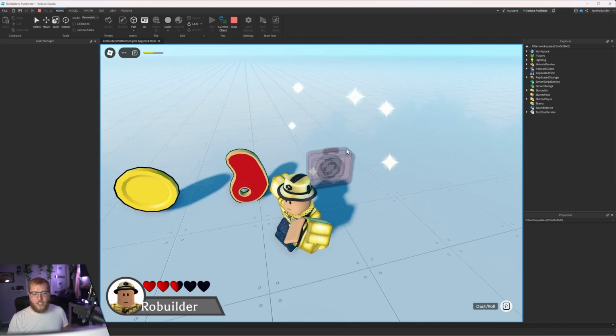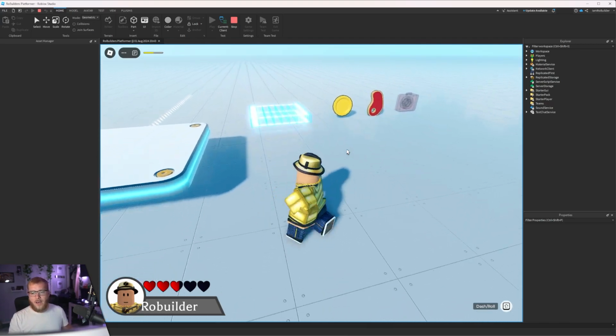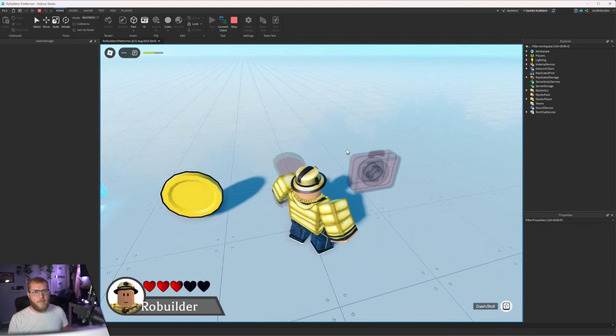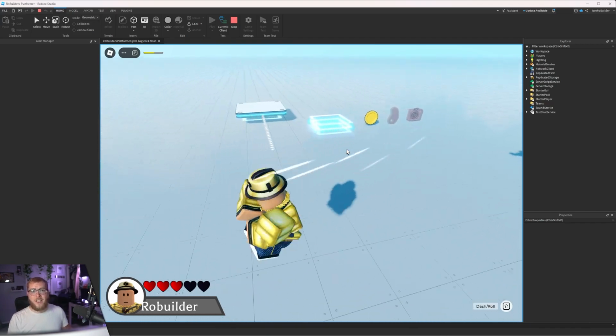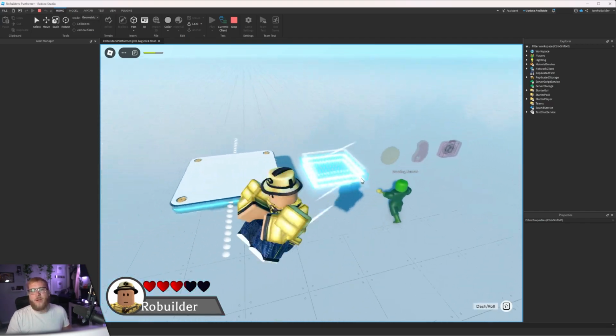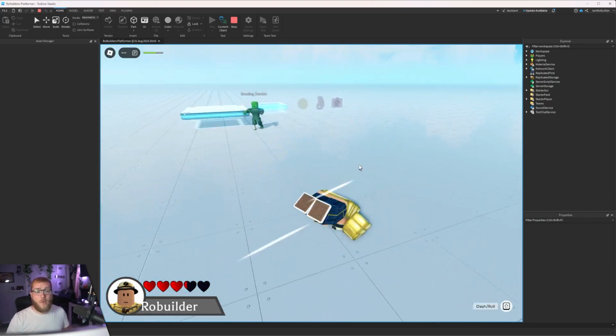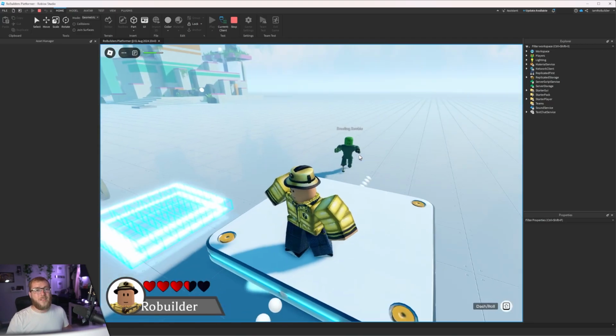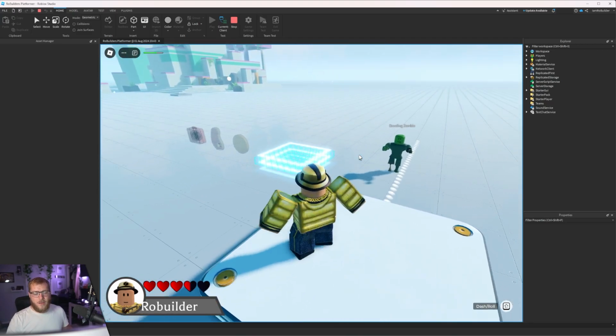None of them are scripted yet, but the food, this thing is going to give you 50% more health. The med kit is going to give you back to full HP. And then the coin, it's going to give you a coin because, yeah, I don't know what you're going to spend those coins on or anything yet. But that is all to be determined hopefully soon.